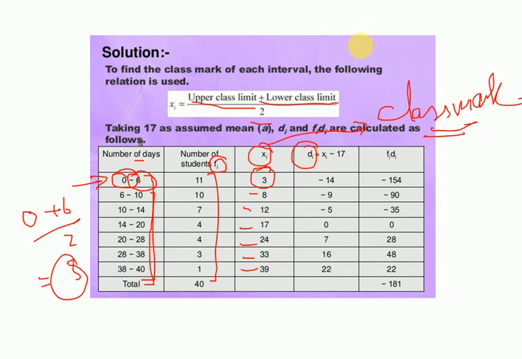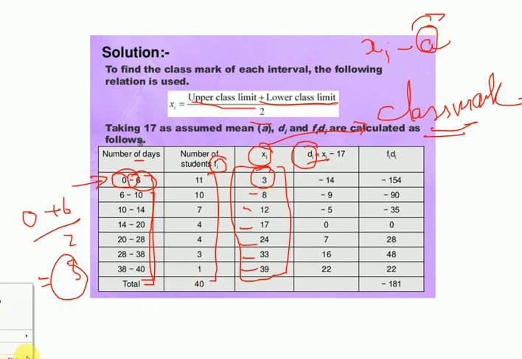As we are using the assumed mean method, I will now use d. How will we find d? That will be xi minus a. Now, xi minus a. a is the middlemost value of the class marks. You have all found these class marks. Now, what is the middlemost value, if I ask?